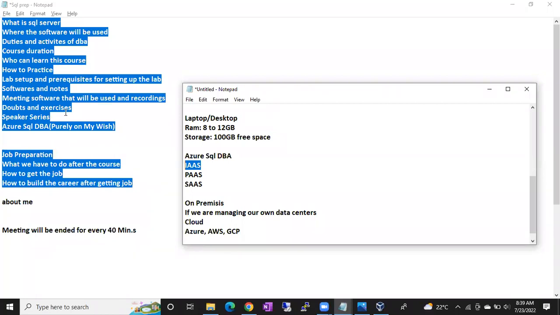Yes, calls are less since 2-3 months because of some other factors, not only for SQL DBA. Go and check with other technology students. Some of your friends are working on or trying other technologies, right? Ask them whether they have calls or not. There are fewer calls since 2 months because of some global situations, like the Ukraine war and all. Yes, there are fewer calls, but calls are there.